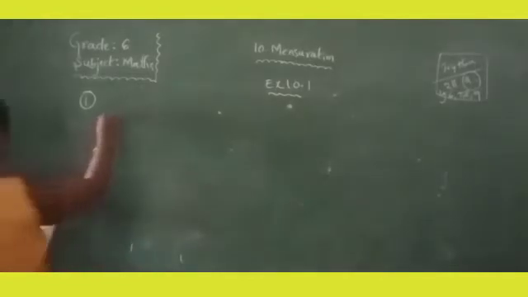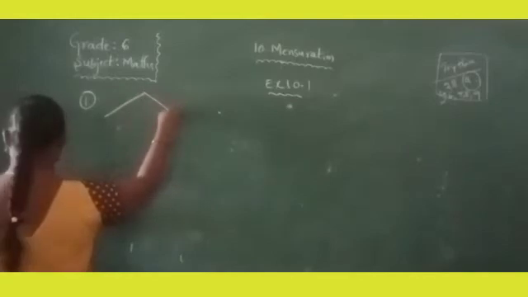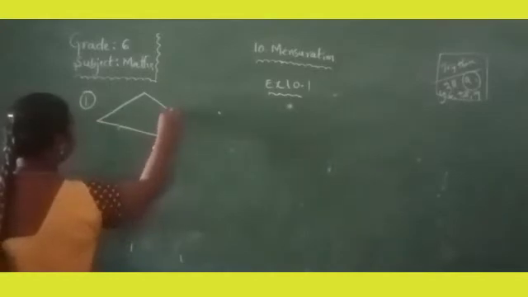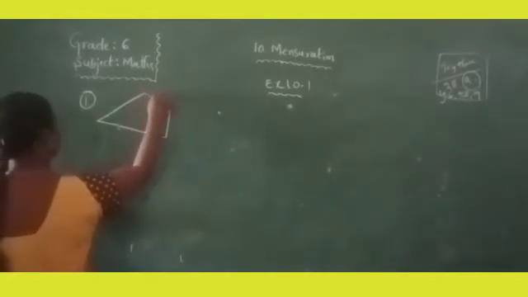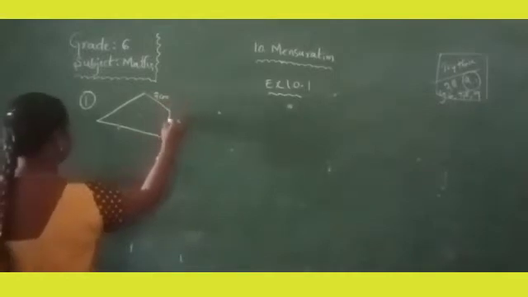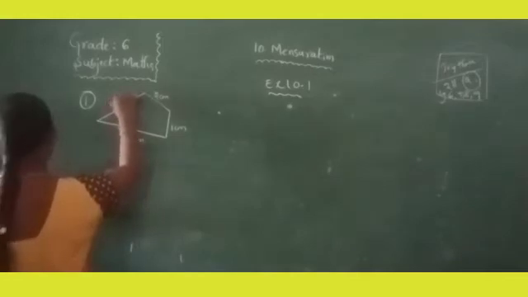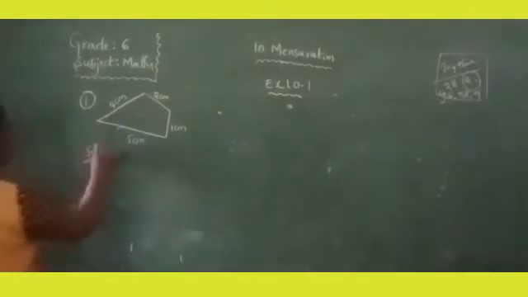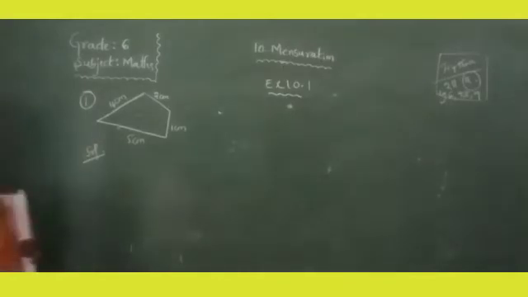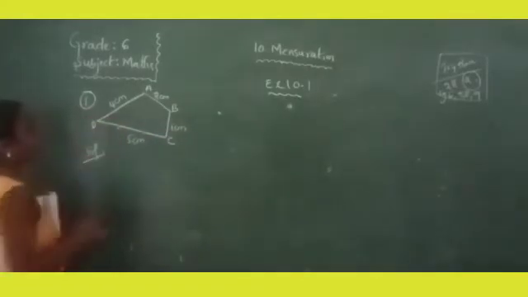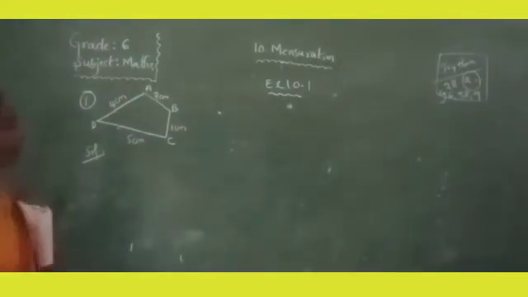So the first figure is, different shapes of figures are given here, but these are all made up of line segments. Each side has a different length: 2 centimeters, 1 centimeter, 5 centimeters, 4 centimeters. We have to find the perimeter of this figure. Now I am giving names to this figure: A, B, C, D. If you write the names, you can add all the lengths.